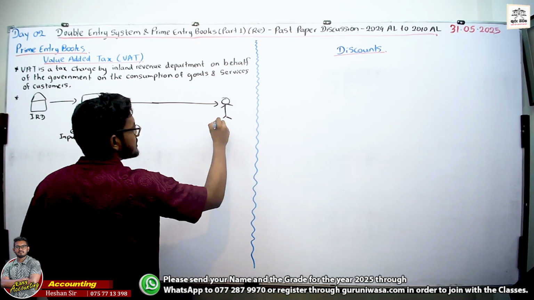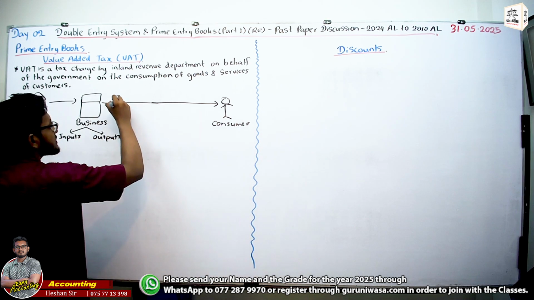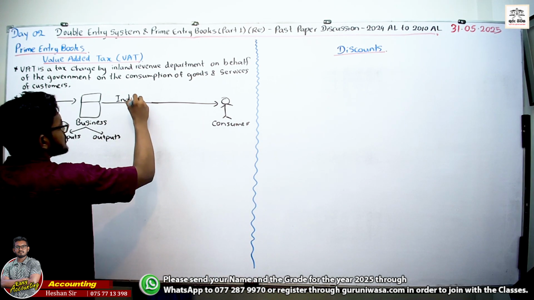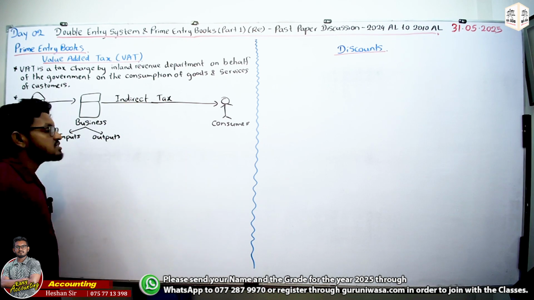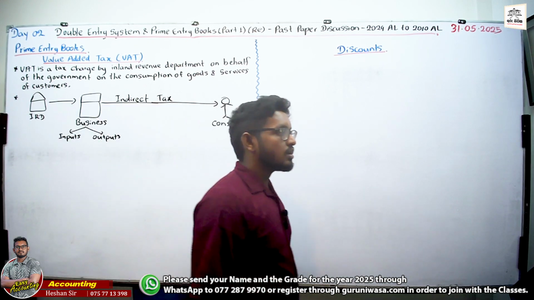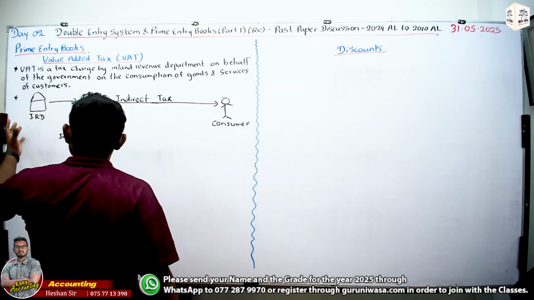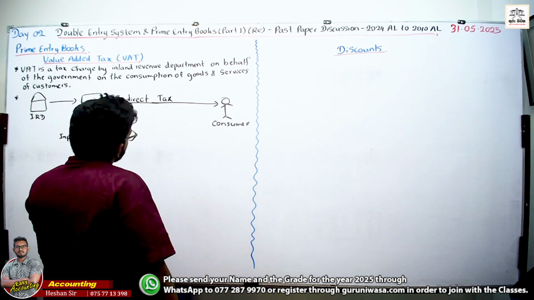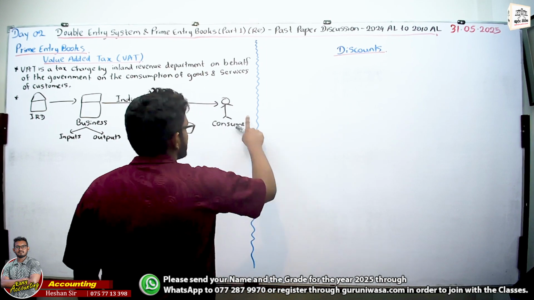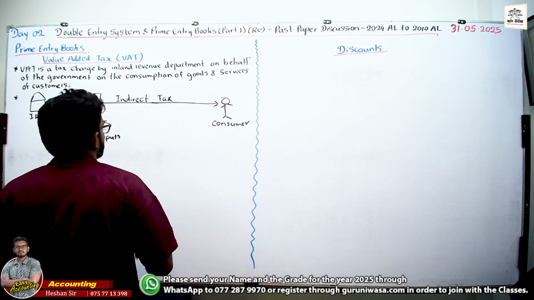That is what is shown under the bill. So VAT is an indirect tax. Why? Because it can be charged from the consumers. Clear to you guys? The IRD charges businesses on inputs and outputs, but businesses transfer it to the consumers through the bill. You know